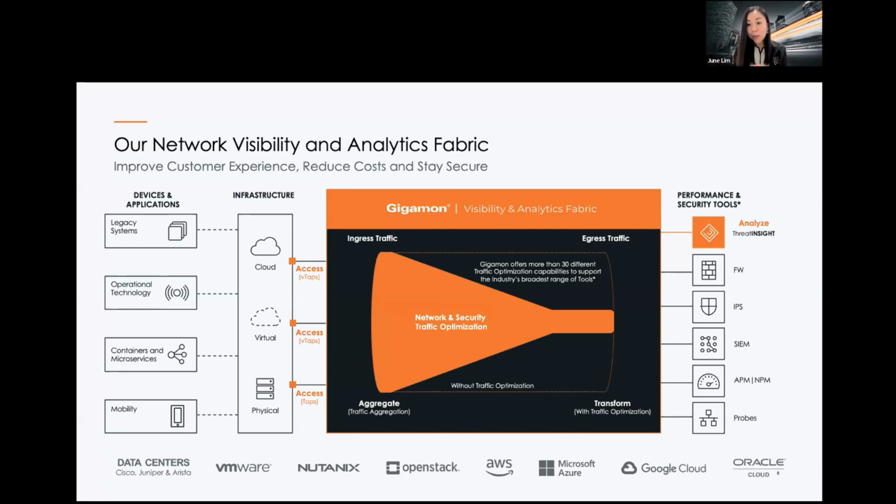Your firewall may not need to see all the traffic. Maybe they just need to see non-video traffic. A lot of customers use Gigamon to filter away video traffic before they send it to the firewall. That can reduce the capacity needed for the firewall by easily 30 to 40%, some even up to 70%.